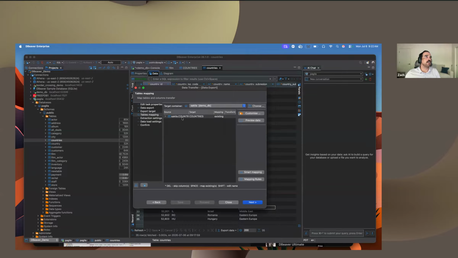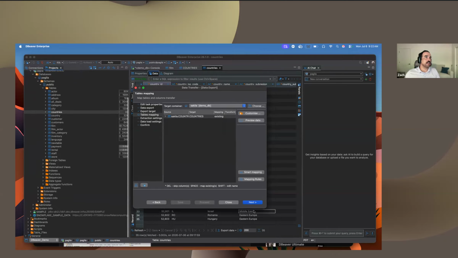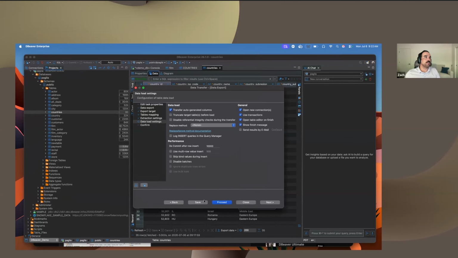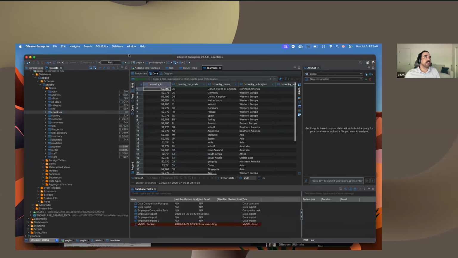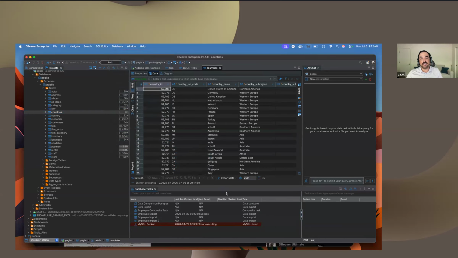So I already got the countries table in, so I don't know if it would actually like that. And then what I could do is I could save that task. And then if I want to, I can execute that task. And then there's that database export task. So I can run that whenever I want to. But the difference is that with